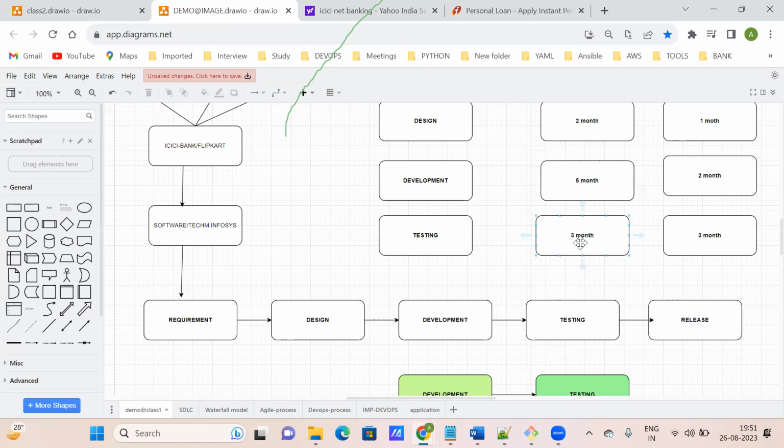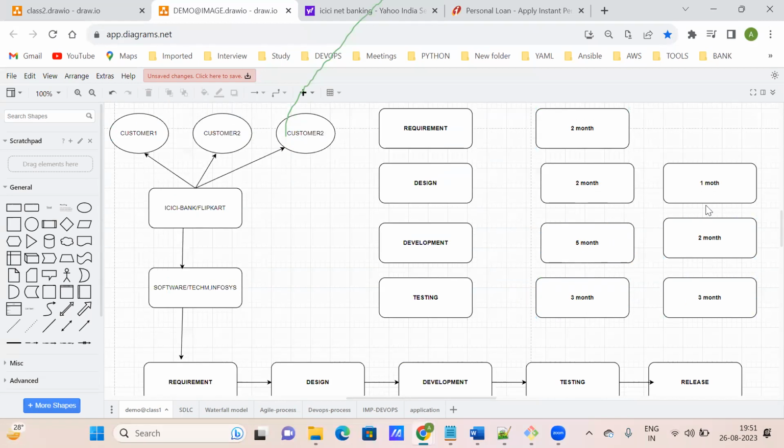So in the waterfall model, once testing completes, what are they going to do? They come back to the design phase, and in the design phase they correct it. Maybe when they are correcting, it takes 1 month. And when they are physically presenting the same design using development, maybe it takes 2 months. Then we have to test it.